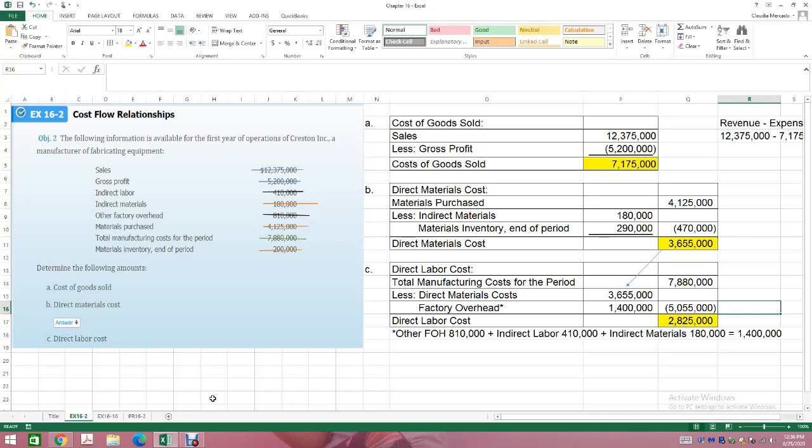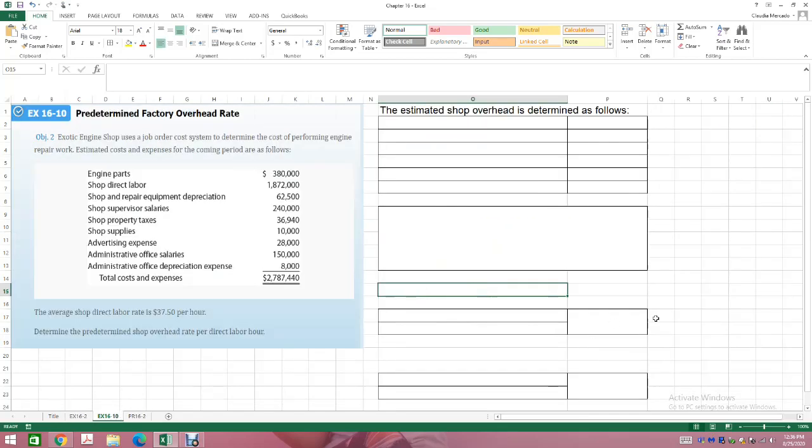Okay, now the next problem that we're going to be dealing with is exercise 1610. Okay, here we're going to be calculating, in this chapter they show us how to calculate our predetermined factory overhead rate. So it says, Exotic Engine Shop uses a job order cost system to determine the cost of performing engine repair works. Estimated costs and expenses for the coming period are as follows. So according to their estimates here, we're going to be spending $380,000 in engine parts,